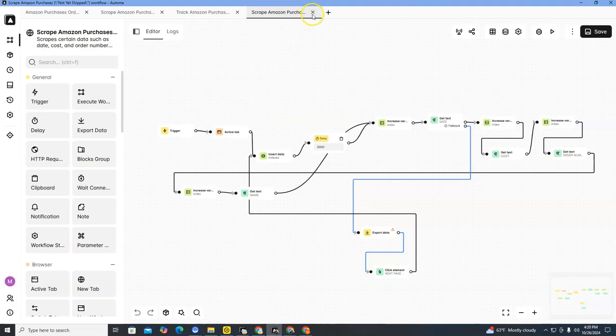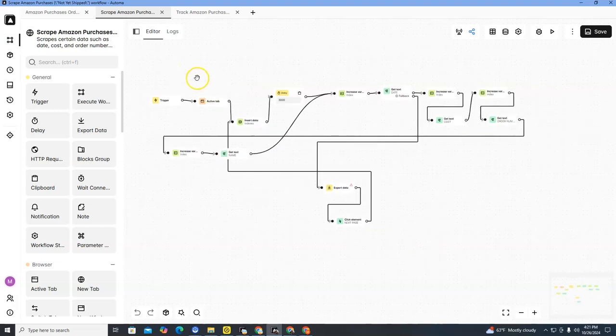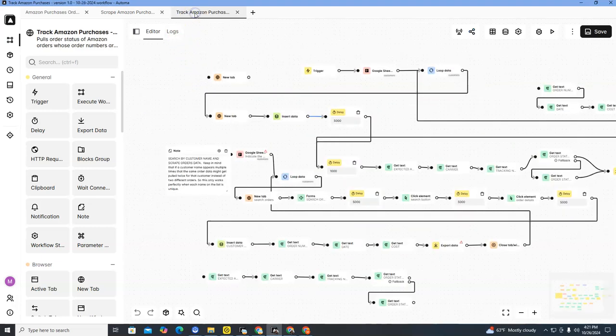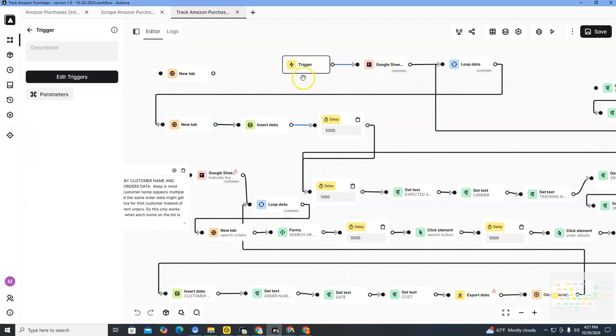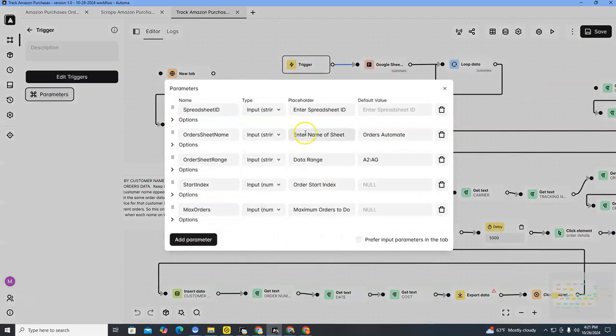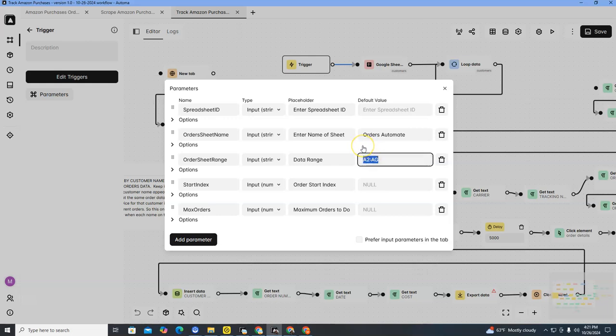All right. One other thing, which I didn't get to do, which I would like to point out, is that when you are running these with Google Sheets, on the trigger you can go to parameters, so that you don't have to keep entering the spreadsheet ID over and over. You can actually just paste the spreadsheet ID in here. And you can also change the sheet name if you need to, and the range. And with this as well,